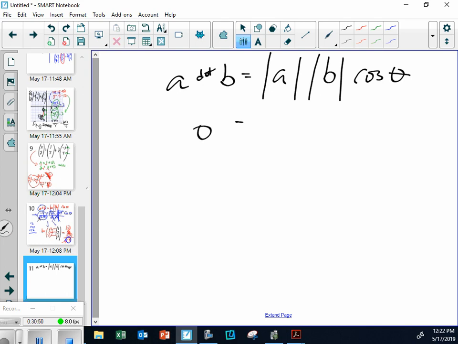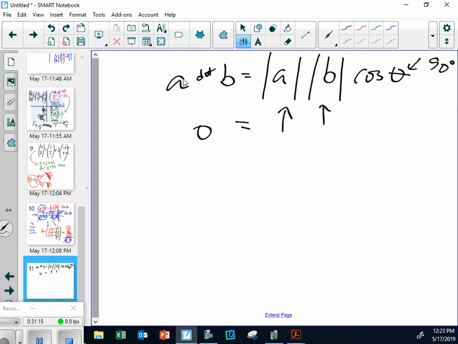If this is 0 and this is 90, do you get that it doesn't even matter what these two were? Why? Because there must be something special about cosine of 90. What's the cosine of 90? 0. That's why if we ever have a 90-degree angle, we're going to be doing cosine of 90, and cosine of